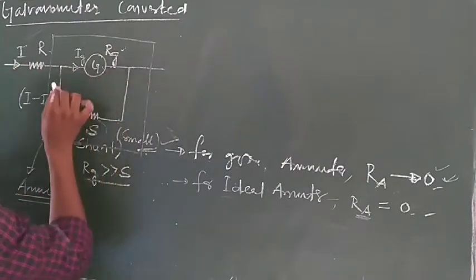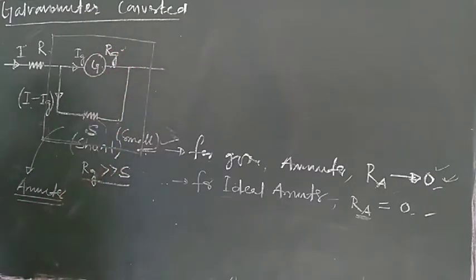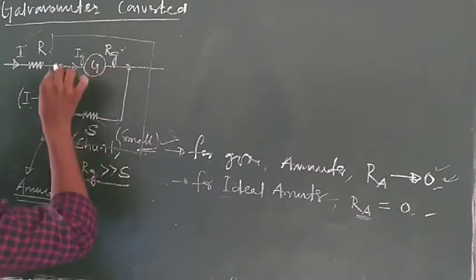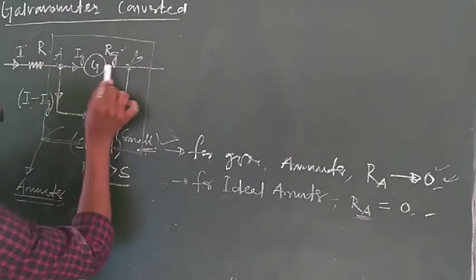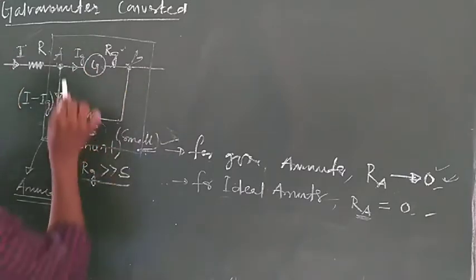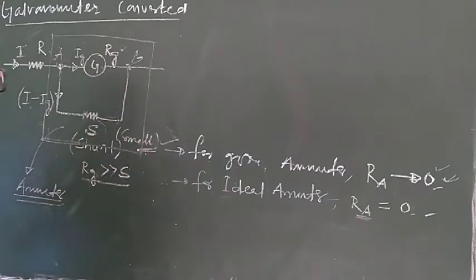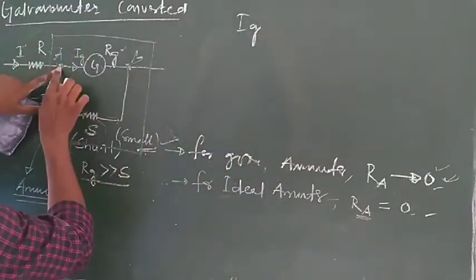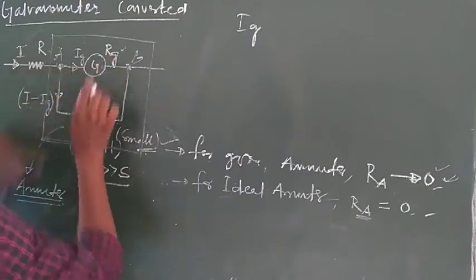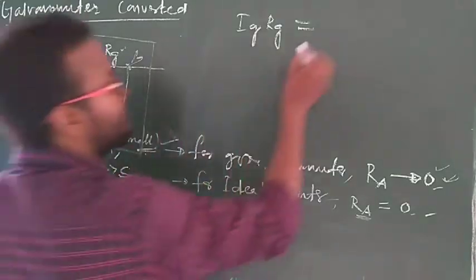From this relation or from this diagram, we can write this is the total current I. Here the current flowing through is Ig. Here the current flowing through is I minus Ig. Shunt resistance S. This is Rg. What is Rg? Rg means galvanometer resistance. There are two points, A and B. The potential difference across the two points A and B is constant, because this is a parallel connection. So we can write the potential difference across AB is equal to Ig into Rg,